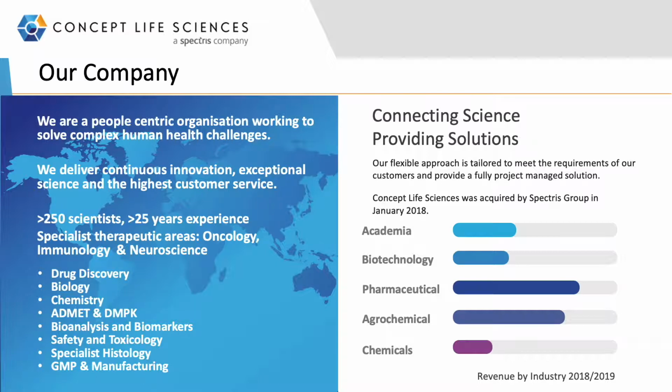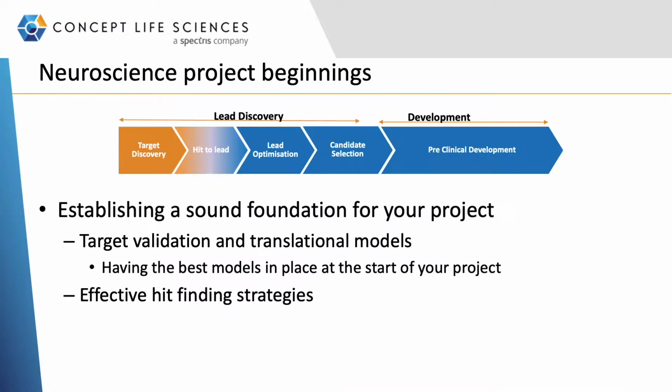Neuroscience research has a range of unique challenges, not least in terms of target validation and human translation, as well as the unique requirements for the therapeutic agents to cross the blood-brain barrier. And these are themes that our two speakers are going to touch on today. Our talk today will be in two halves. The first from Max Ahmed in our neuroscience biology team, followed by Tom Pesno from our medicinal chemistry team. Both speakers will be covering strategies for the early stages of discovery research in target validation and hit discovery.